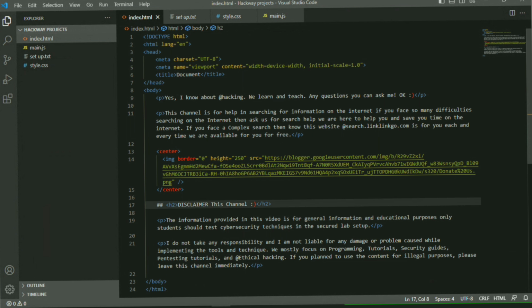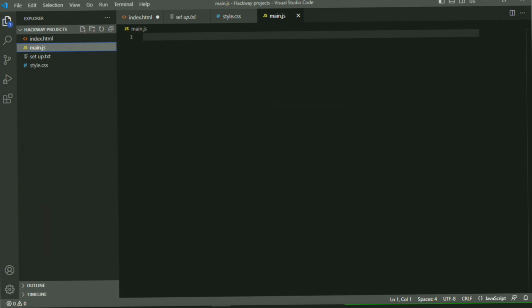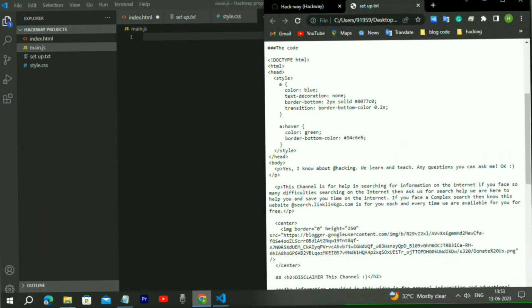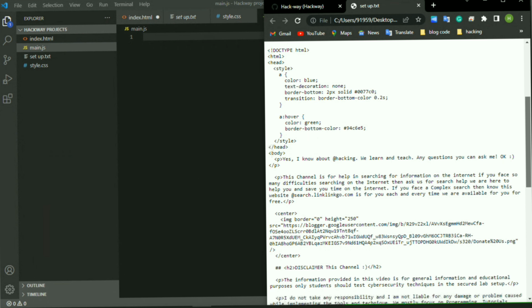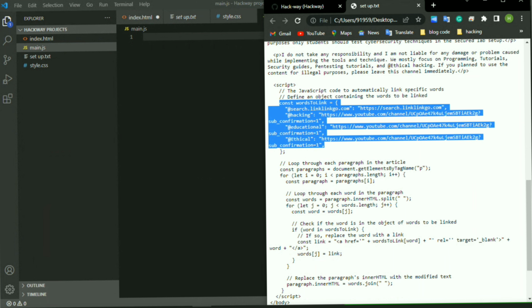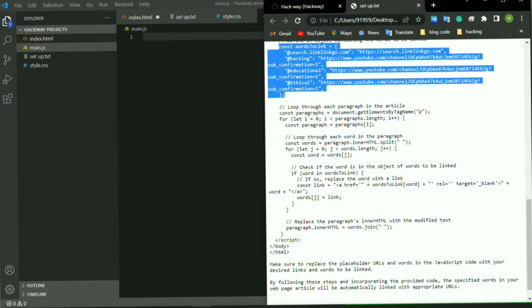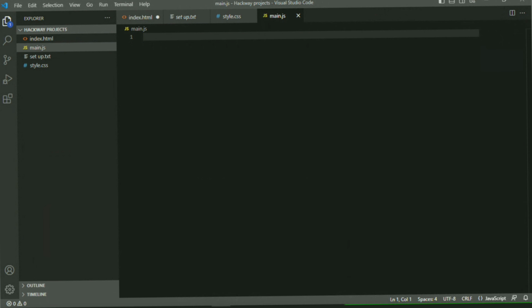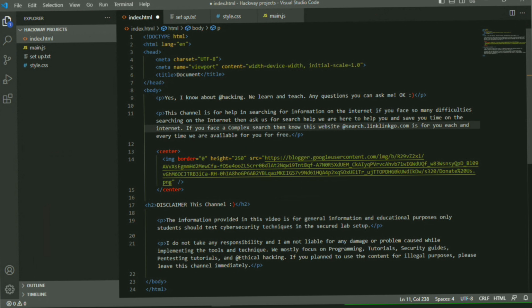I am including links through the anchor tag in JavaScript. Open the JavaScript, and you can see the JavaScript is here. I am creating the JavaScript code for automatic specific links. I defined an object container. This is the object container. I defined that, and through all the paragraphs you can see